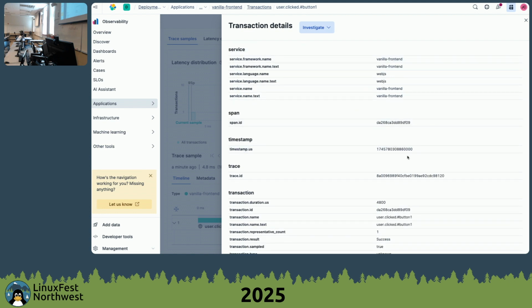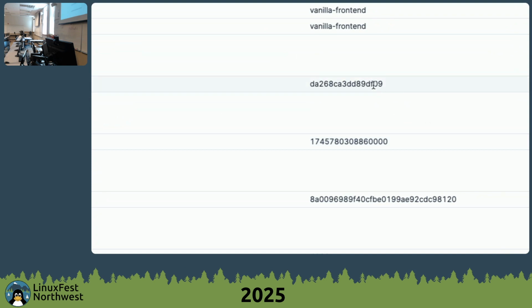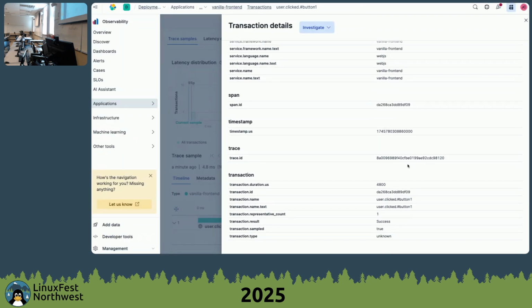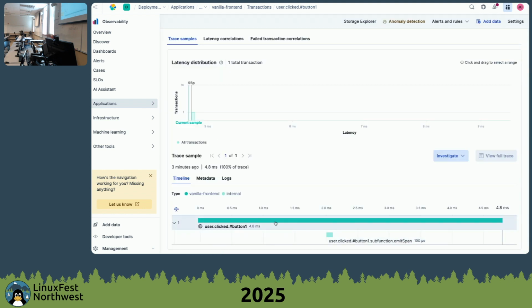And then here are two important things that a lot of data platforms are watching, the span ID and the trace ID. So that trace ID is going to have a lot of span children, and that's going to be collected as well. And then just some more basic information. I could add as much as I want within this label section. That's going to be creating my manual spans. So that was the user click button 1. In my code,